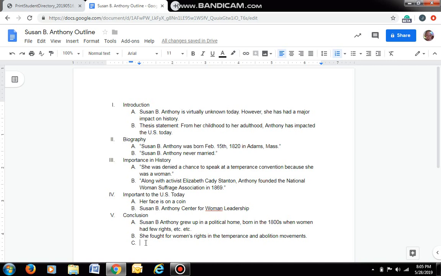Then, of course, this last part here, important to the U.S. today, face on a coin. Center for Women Leader. It's probably Women Leadership. Get your life together. Yada, yada, yada. There's one more thing that you need to make sure you do. And that's to end it on a good note. And a lot